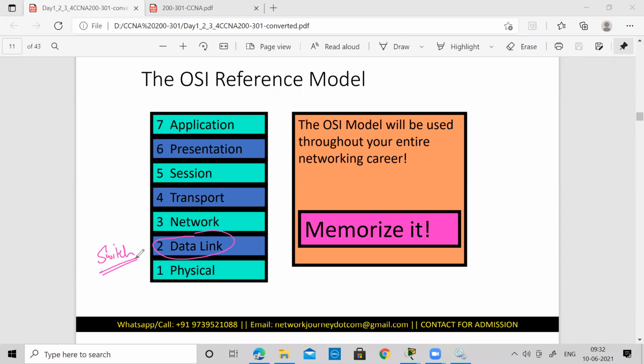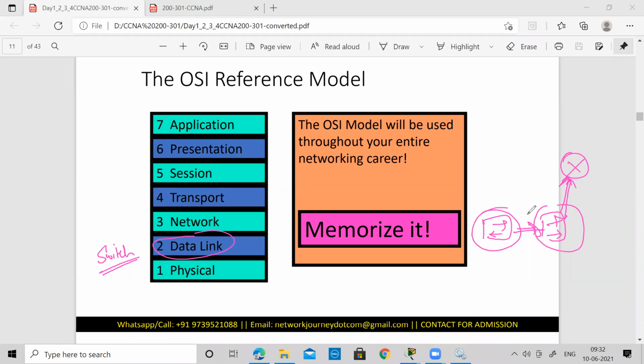Okay, between the nodes, not end to end. It means from this switch, if data is going to another switch or to another router, whatever errors may happen while transmitting the data, it can detect those errors. Not end to end, meaning not the actual users' data. End to end is checked by your transport layer, but node to node, this is node 1, node 2. They are often referred to as nodes in our communication networking terminology.